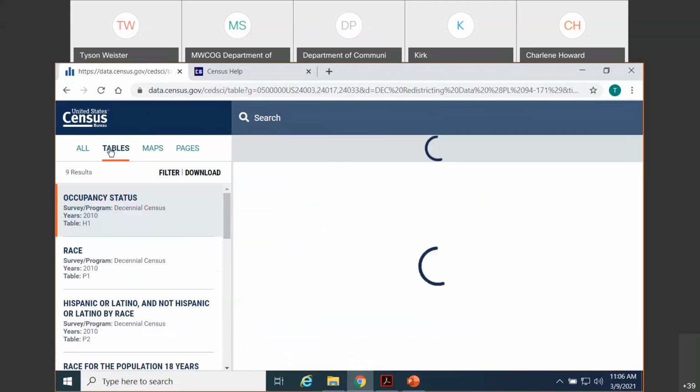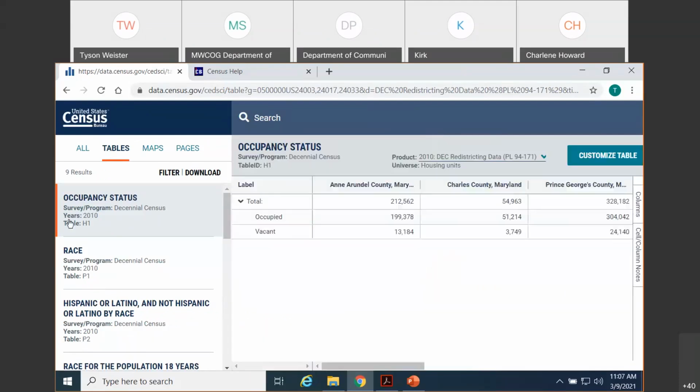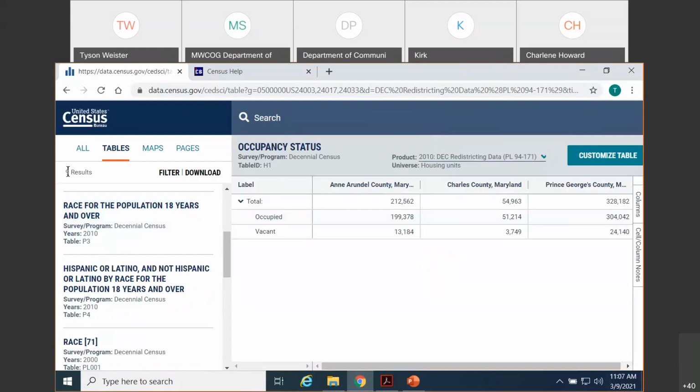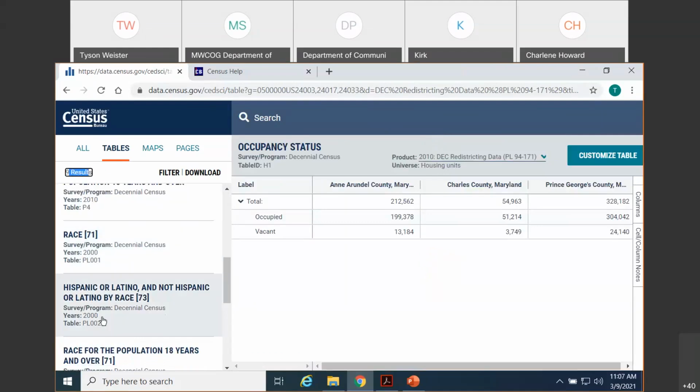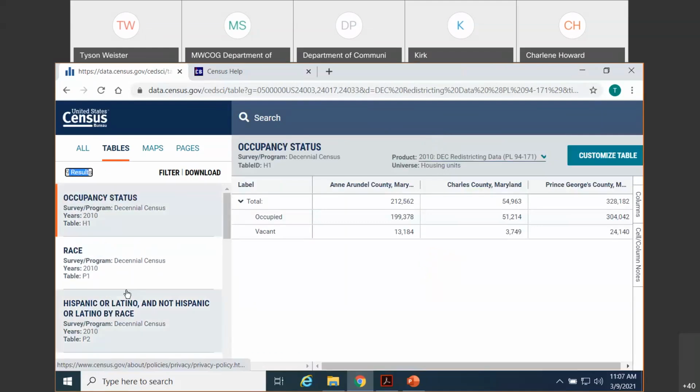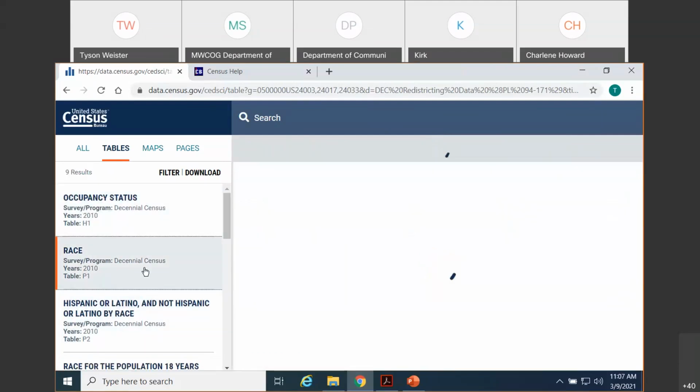In here, you'll get the most recent available data first. Here we're seeing 2010. Once we release this data from the 2020 census, you'll see those results at the top of your list. And there's just a few tables to search through, 9 different results with some of the table titles from the 2000 census towards the bottom of your list. Because it's such a limited data set, you don't really need to specify a topic like total population. You can just kind of browse through these results, click on the table titles and wait for it to load